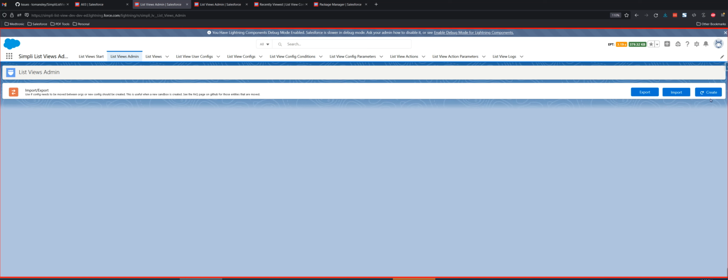The create button is really used where it's not important that custom information, custom actions, list views is imported into the sandbox. If we just want to use the sandbox and there's functionality which Simpli list views provides us where we need to move forward, this is a good way of accomplishing that. Of course, if the list views for pages require those custom configurations, then of course that information will need to be imported. But to start, just to move forward, what we can do is we can just click the create button,